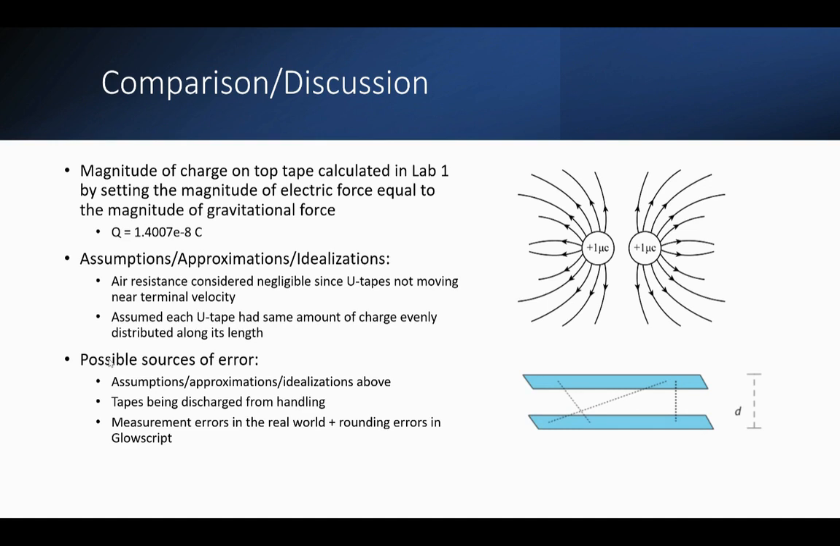But for comparison, the magnitude of the charge on the top tape calculated in Lab 1, by setting the magnitude of force equal to the magnitude of the gravitational force, yielded that the charge must be 1.4 times 10 to the negative 8 coulombs. For assumptions, approximations, and idealizations, the air resistance was considered negligible since U-tapes were not moving anywhere near terminal velocity. I also assumed each U-tape had the same amount of charge evenly distributed along its length,